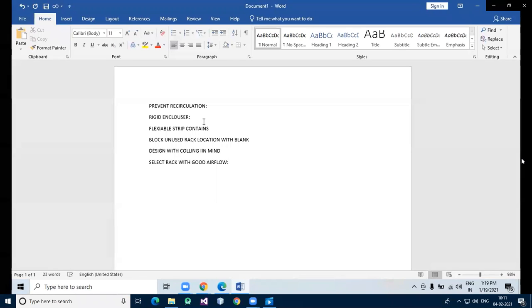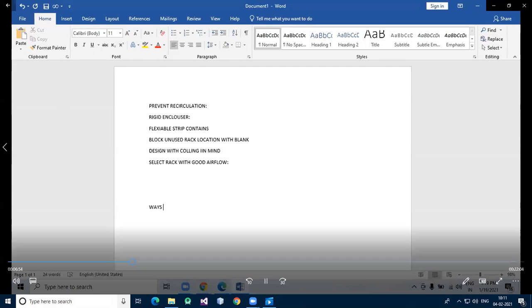Okay. Then supply air directly to heat. What are the ways to cool down devices that generate heat? So let's see the ways. Okay, some ways to cool down devices which generate the heat, right?